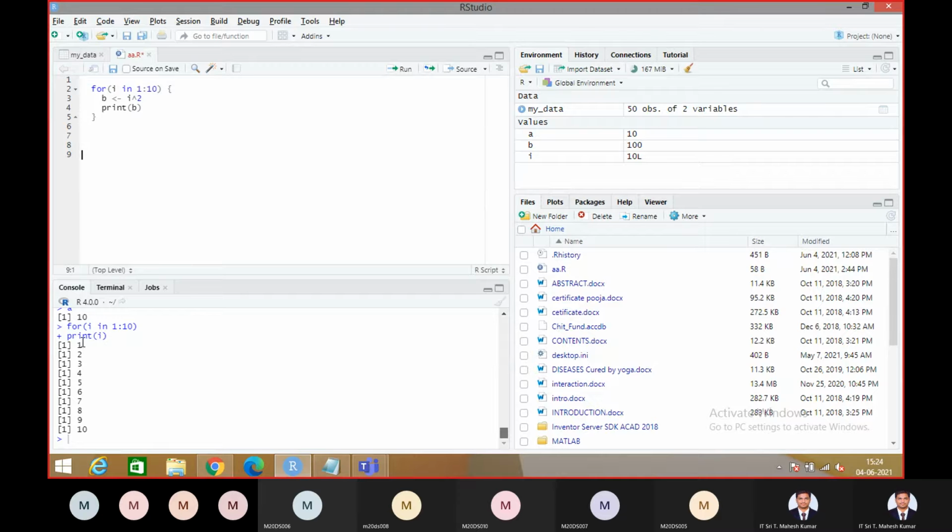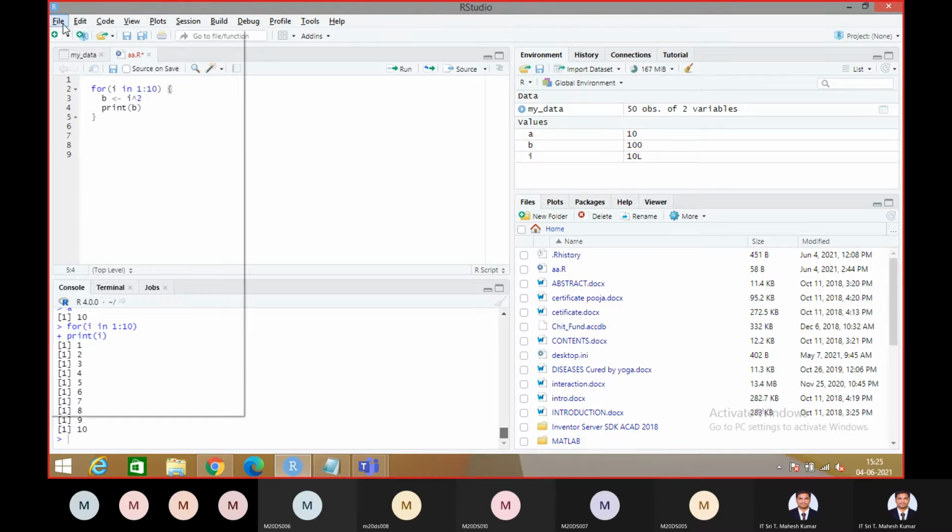See here, this is the sample for loop I used. This is the syntax in R programming. This is the initializer, and this is the range from 1 to 10 that I want to display. Every time it is going to increment by 1 till 10. When it reaches 10, it is going to come out of that loop. Similarly we have while loop and for each loop also. So you just go through those. Whenever you are visualizing data, you are going to use these things, right?